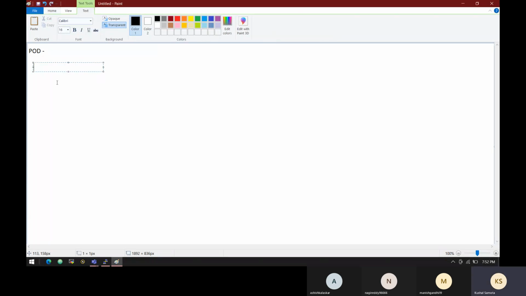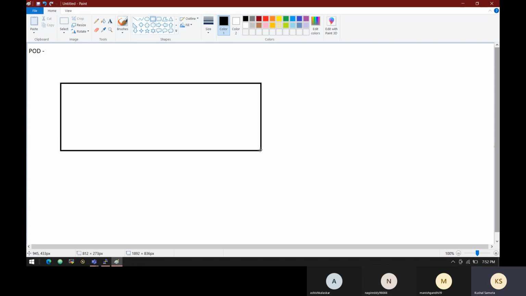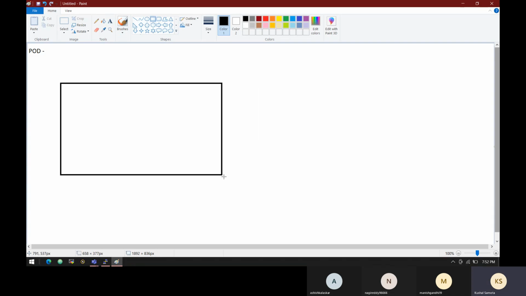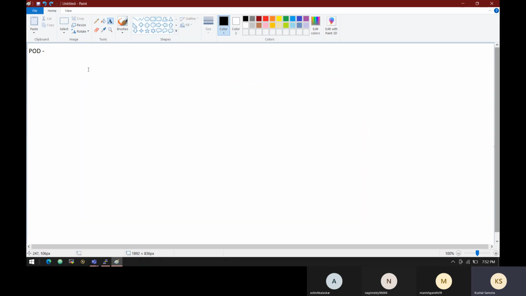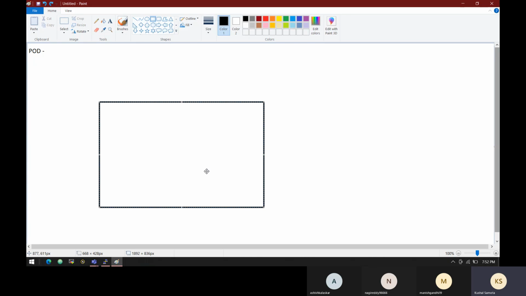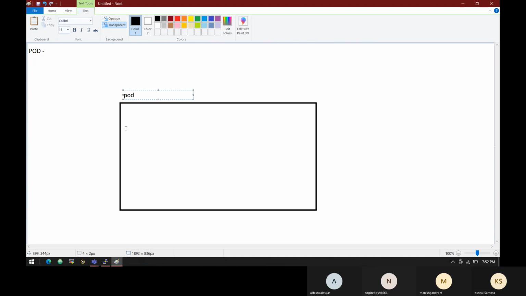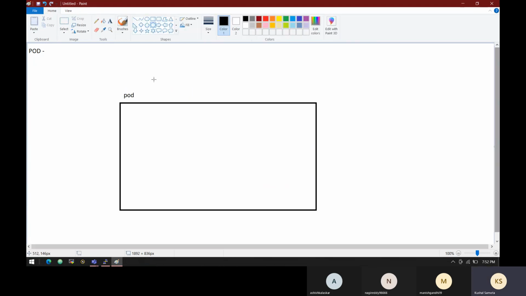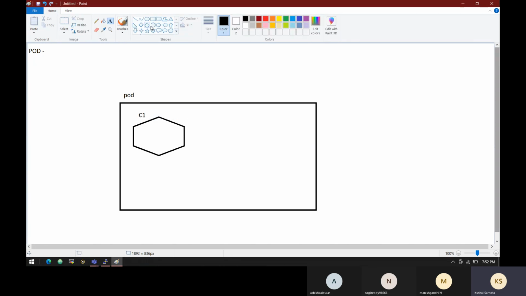Now see what exactly a pod is. Let's say I'm just creating a structure of a pod. In a pod, you can have multiple containers. Let's say I'm creating one container over here, C1, and I'm creating one more container over here,